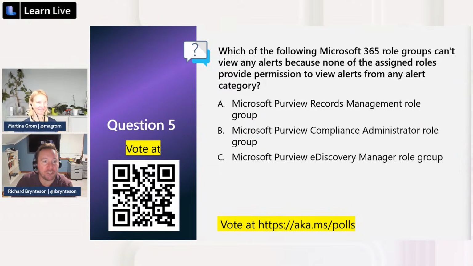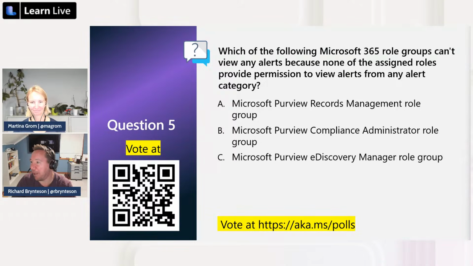So which of the following 365 role groups can't view any alerts because none of the assigned roles provide permission to view alerts from any alert category? That uses the word alert a lot. Is that the Microsoft Purview records management role, the compliance administrator role, or the eDiscovery manager role?